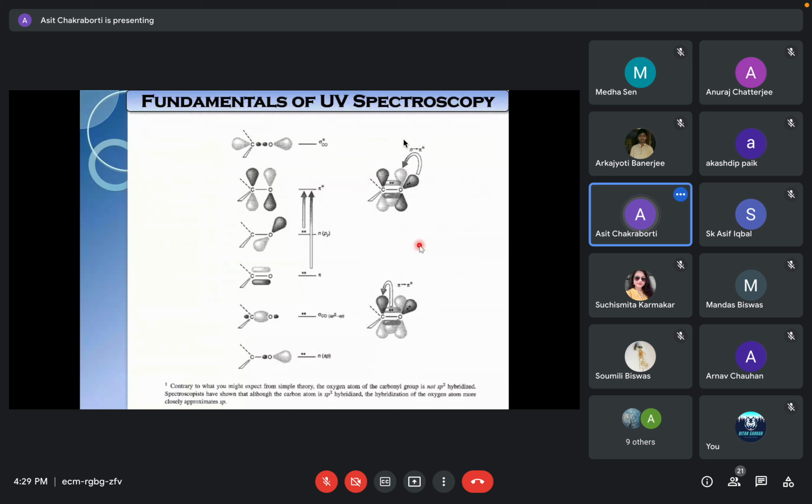Another thing, I do not know whether you have critically analyzed this or not. When you take a ketone carbonyl, it is an sp2 hybridized carbon, and oxygen has two lone pairs of electrons, right? So whether the two lone pairs of electrons on oxygen are equivalent or not in the carbonyl group.